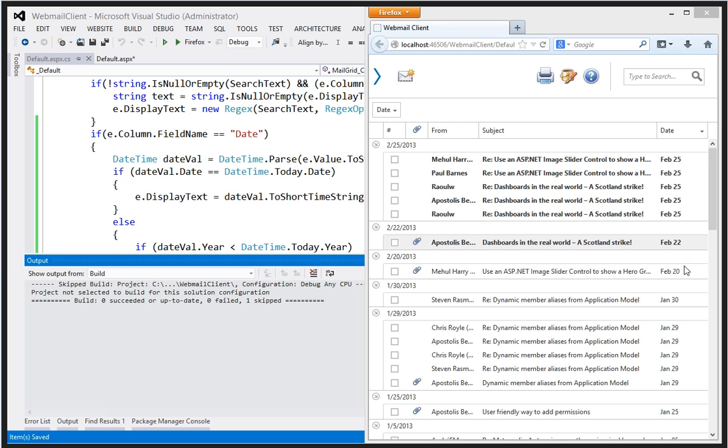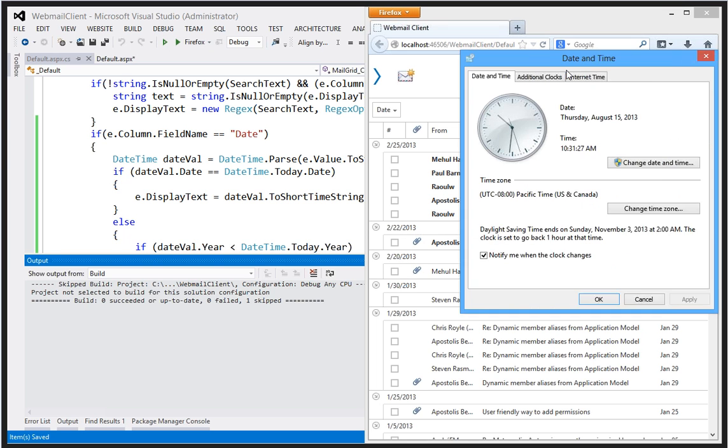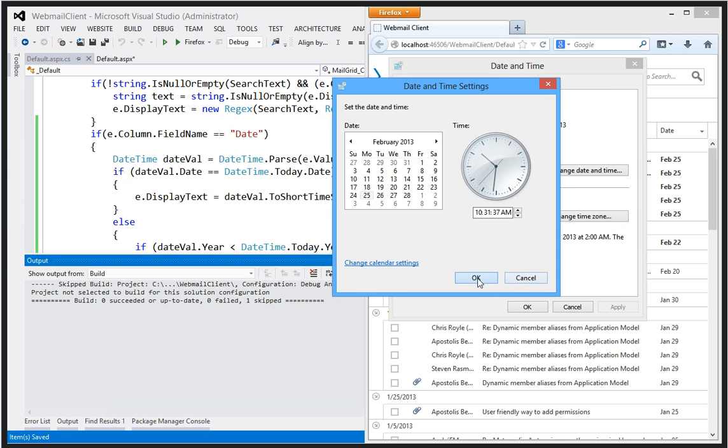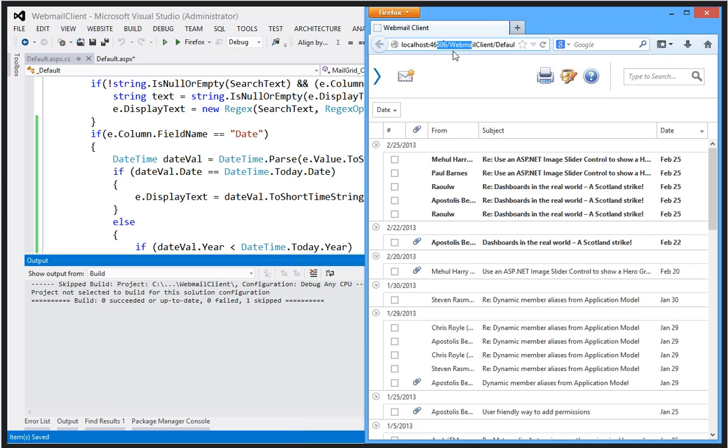Rather than go and change around the database, because it's on my local machine, I'm just going to change the date time. And you've got to be careful when you do this, and I'll show you why in a second. But let's change this to February 25th. Okay, and now when we refresh this,